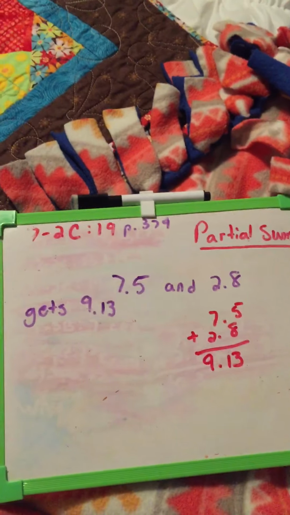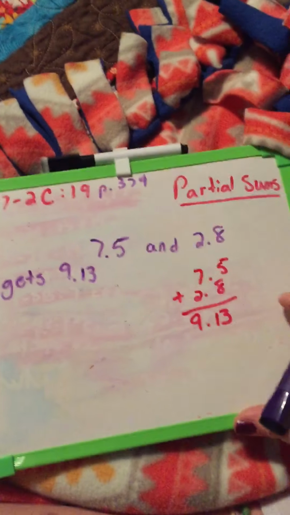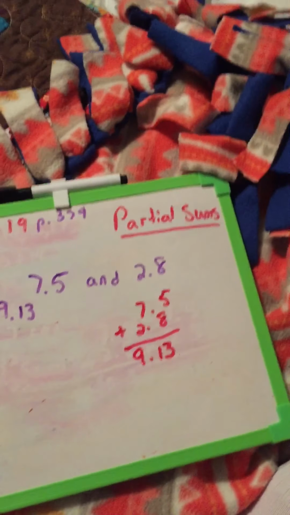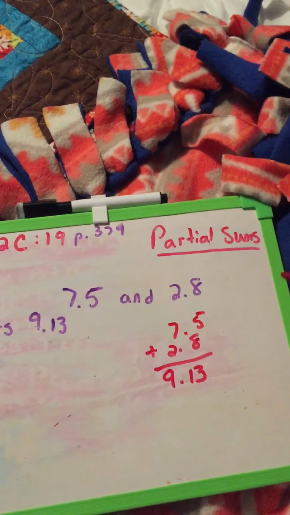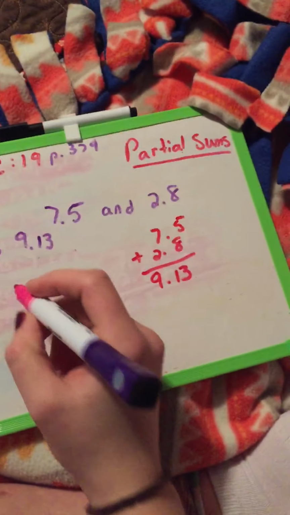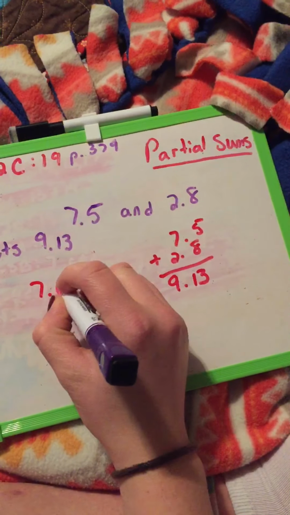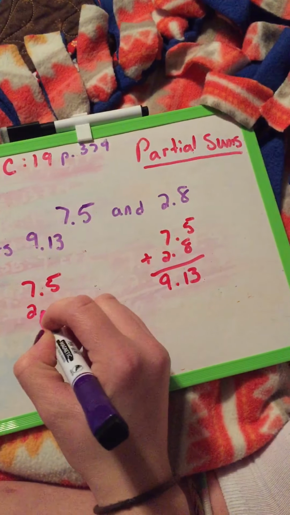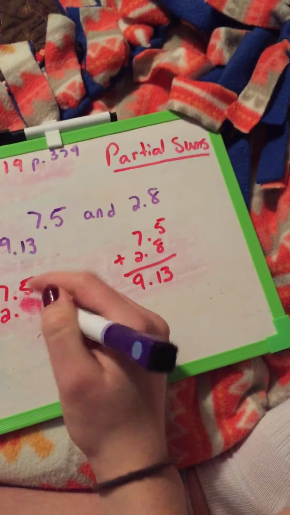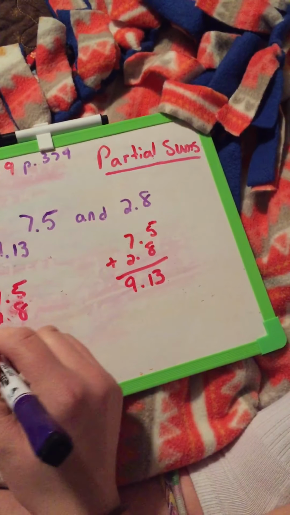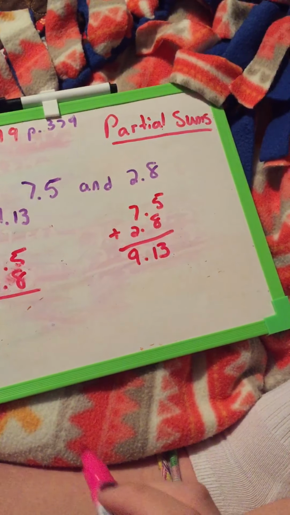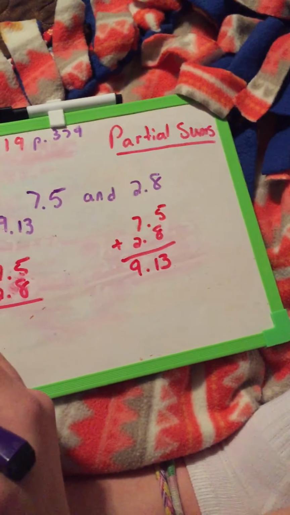Now to explain to the student, I would most likely break down what partial sums is. Partial sums is all about understanding the place values of your numbers. So to correct this mistake, I personally would stack my numbers and line up my decimals, oops, 8 there, which is not the problem here, but remind the student they need to work from right to left, which would help